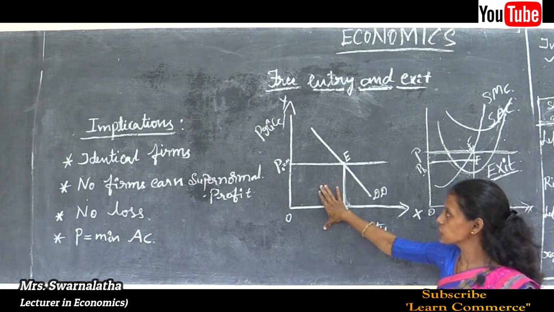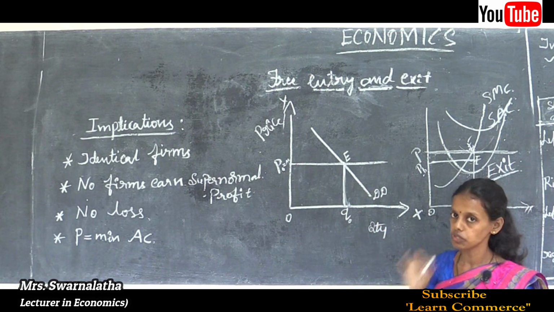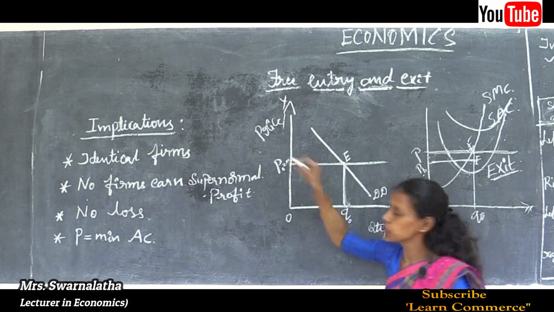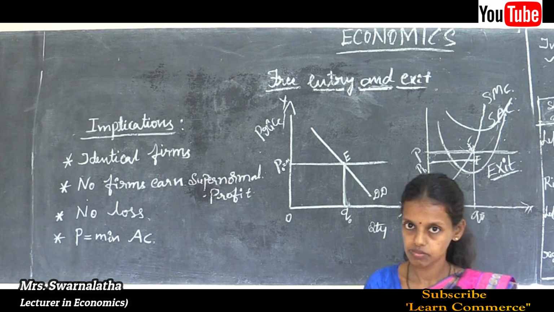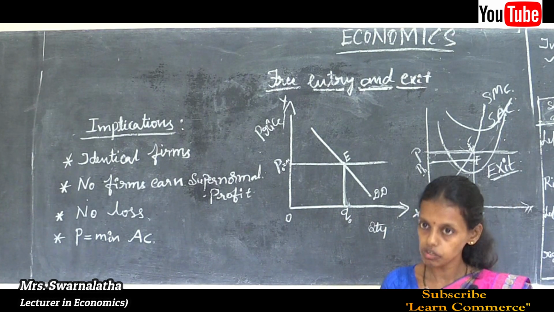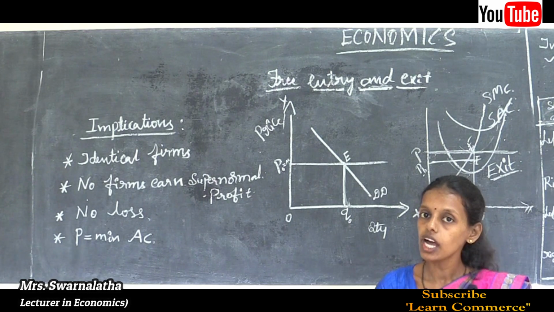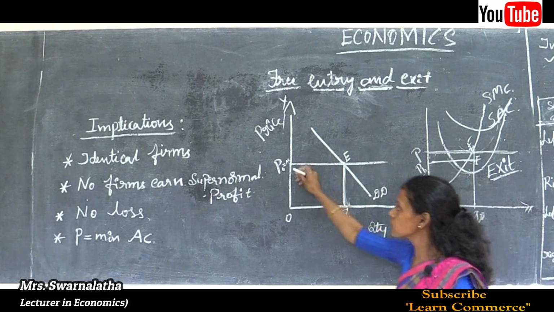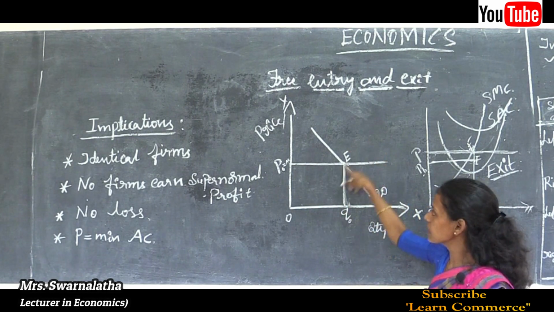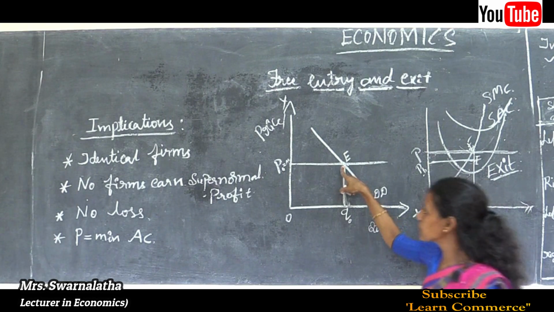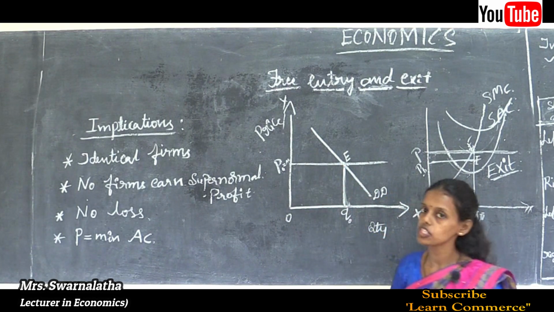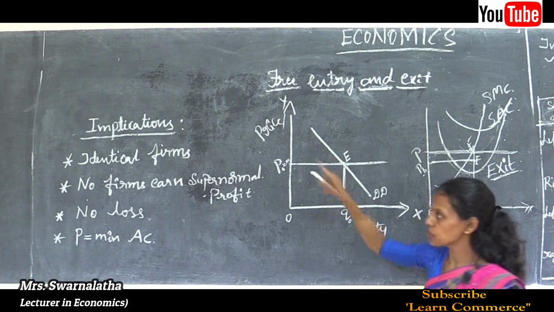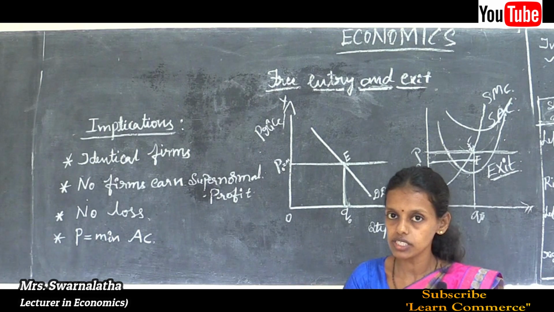Here the condition for free entry and free exit of the firm is that the price line P should be equal to the minimum average cost. Whatever the revenue of the firm, it should be equal to the average cost incurred on the particular business. So, a firm is going to freely enter the market only when price is equal to minimum average cost or above the average cost. Here, due to the supernormal profit, many firms are attracted to the industry.